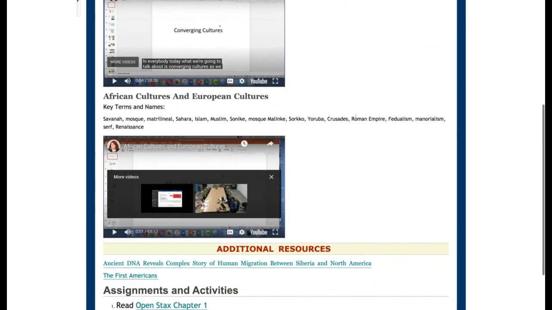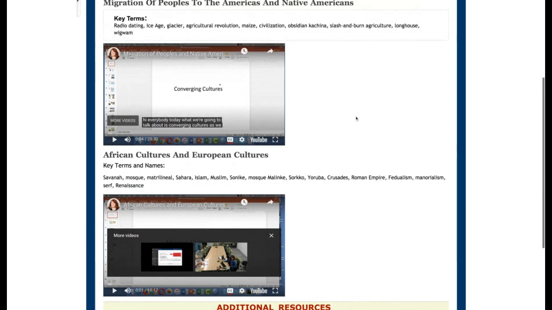Here's some key terms and names that you may want to pay attention to. I think it's safe to assume anything that you see on these pages, anything that you see or hear in the lectures, and certainly anything that you read in OpenStax is fair game for showing up on a test.